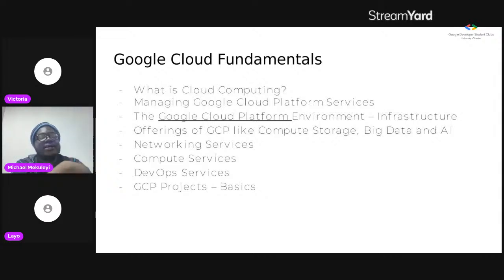So it is spanning across all the offerings that GCP offers you, irrespective of whether you are fresh or whether you just basically joined. If you're moving from one cloud provider to another, if you're moving into GCP, it will be a big help. But if you have not even moved to the cloud, if you are running it on local servers, this is also for you.